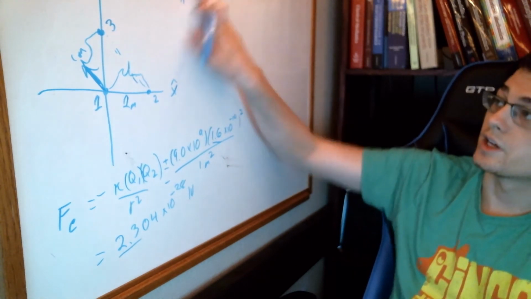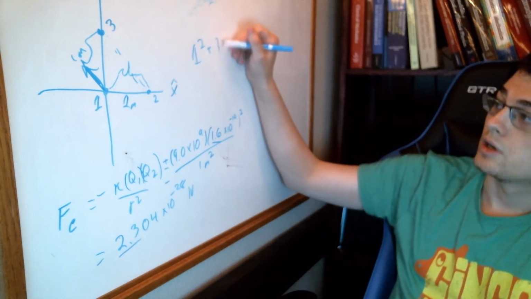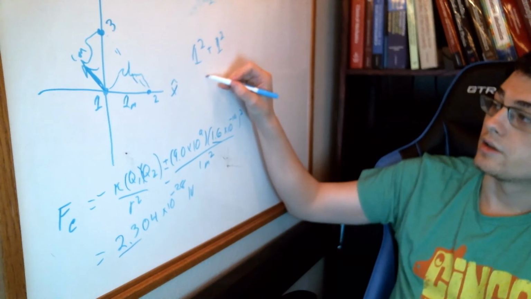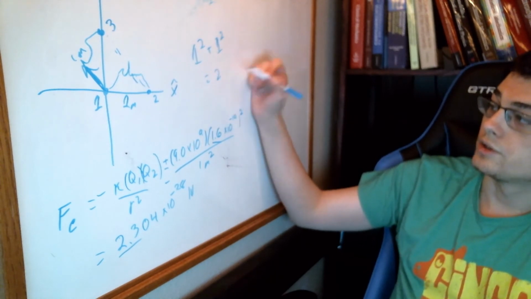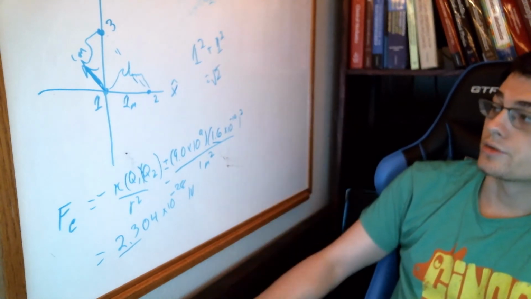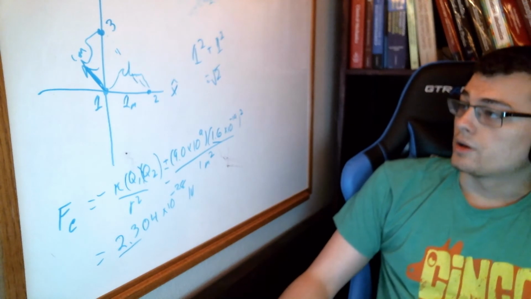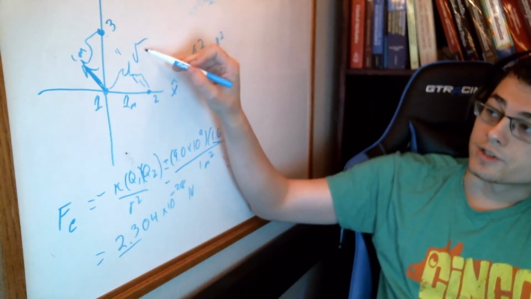You guys can't see that. Give me 1 second. You have 1 squared plus 1 squared, and that will give you 2. And so then this distance here is going to be the square root of 2 when you take the square root of both sides. Okay, so now that we know that this distance is the square root of 2,